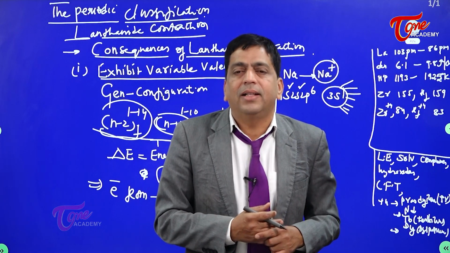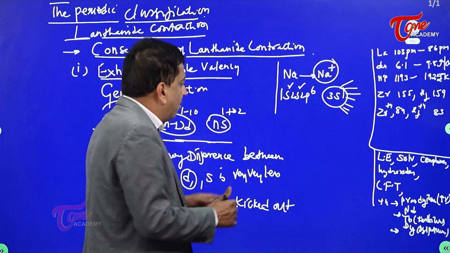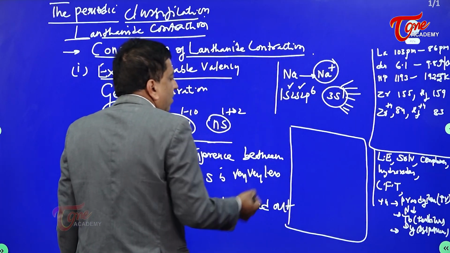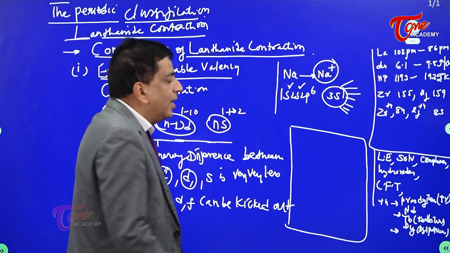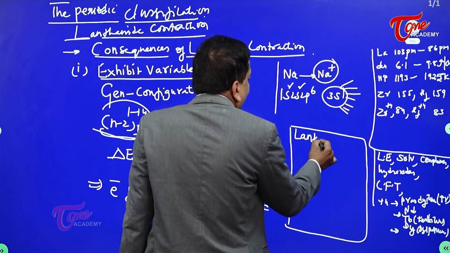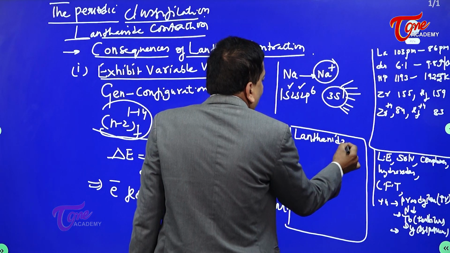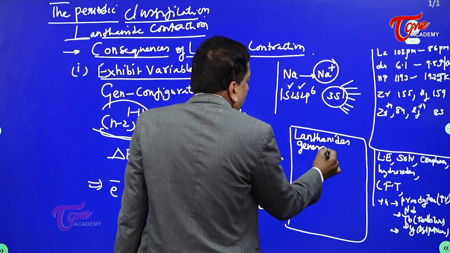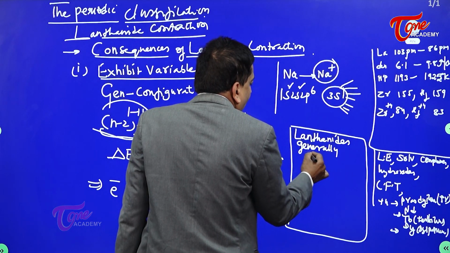Well, I would like to write that for you to remember till you write your exam. Watch carefully here, the one which I am writing. Normally what happens, lanthanides generally exhibit